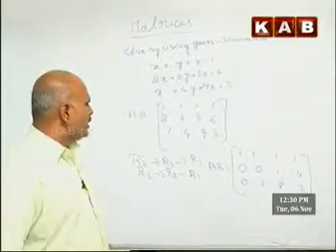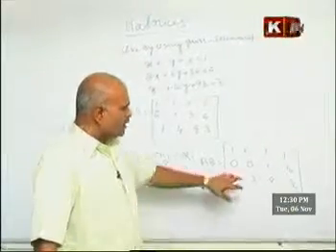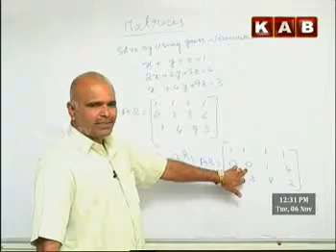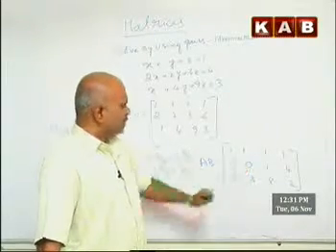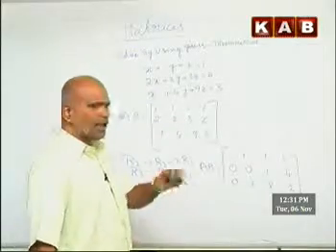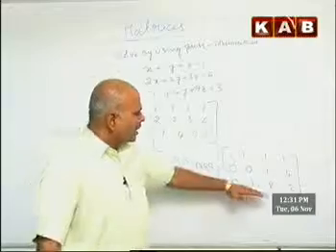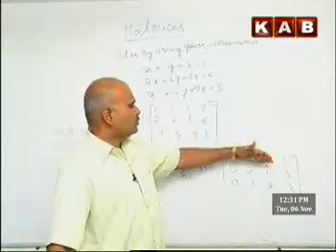But here the trouble is here, 4 minus 1. My aim is, I have to get the second row. Next step is, second row, second entry should be 1. So, how to get the second row, second entry as 1? To that purpose, I have to take this row to the second row.